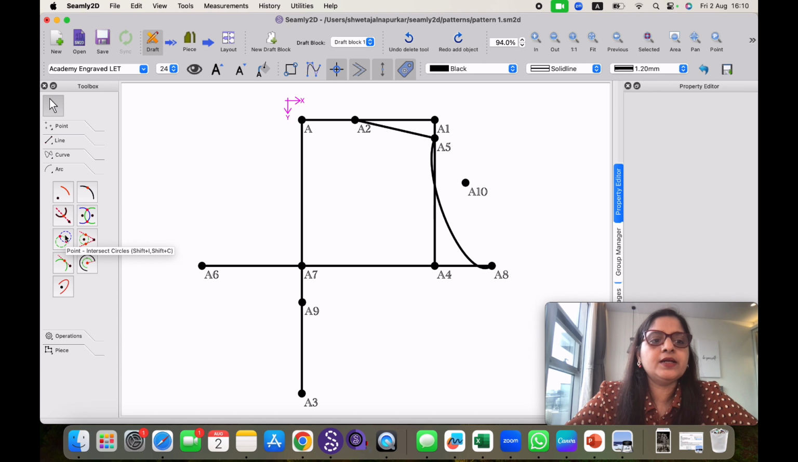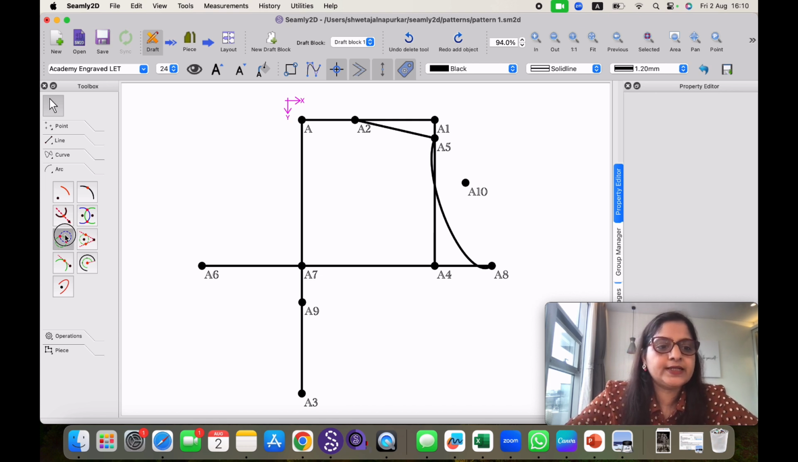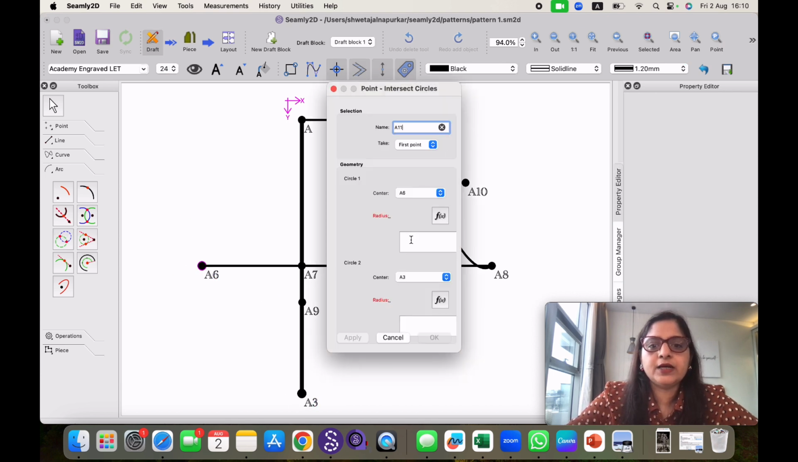It is similar to the intersection of two arcs, but in the case of arcs we need to have 2 arcs. In this case we need not have the 2 circles. Simply Seamly 2D assumes the circles and takes the intersection point of them. So let's start with this tool. I'll click on this and this. The pop-up will come. It will ask for first radius and second radius. I have entered 5 and 6 and click on